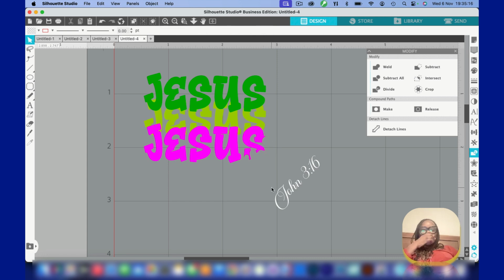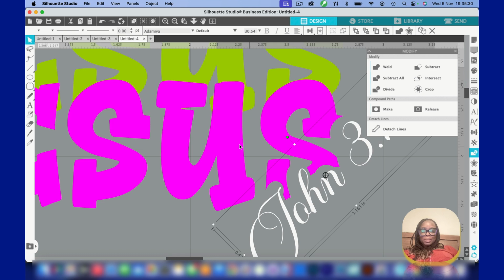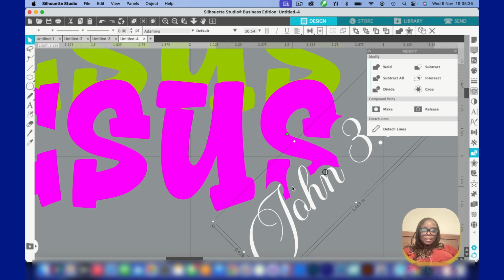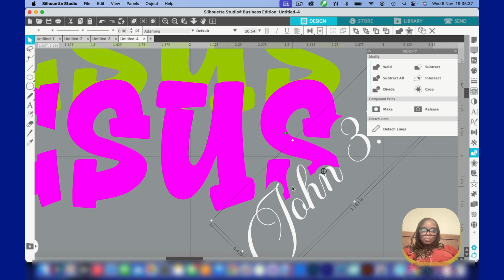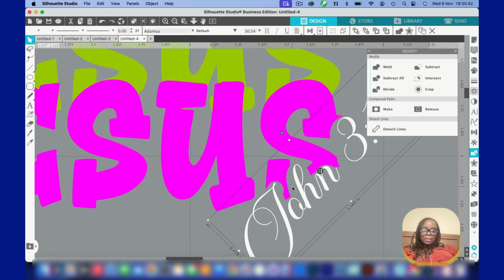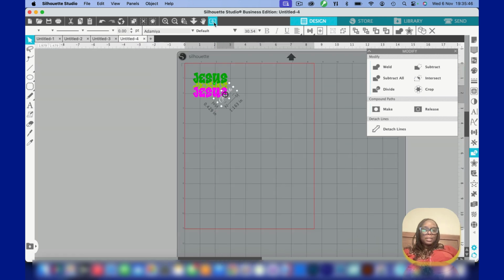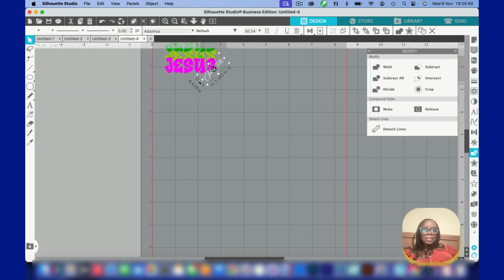And then I'm going to do that. So now I've subtracted that little outline that was right beside the S, and now I'm just going to move my lettering back in place. Why am I always struggling when I can do that? So I just need to move it back in place just a little bit. There we go. Let me carry that out a little. I'm telling you, I'm always